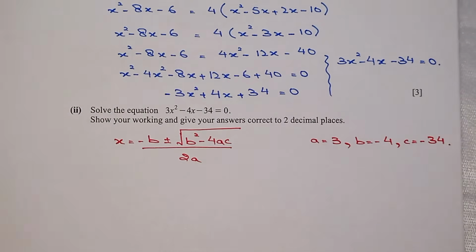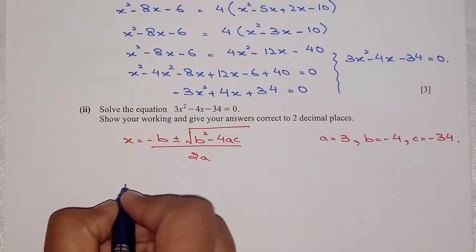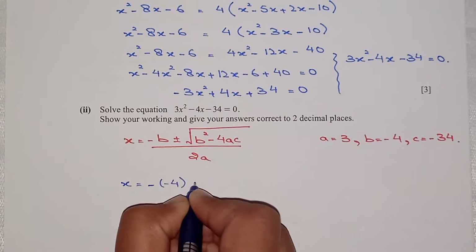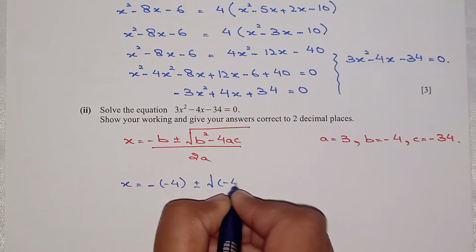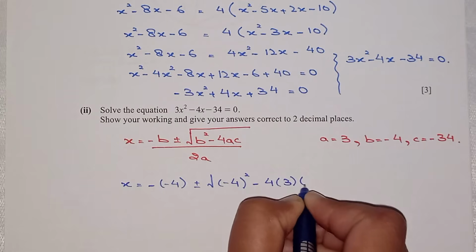Now let's substitute all the values into the formula and find the values of x correct to 2 decimal places. So x would be equal to negative of negative 4 plus minus square root of negative 4 square minus 4 a and c,